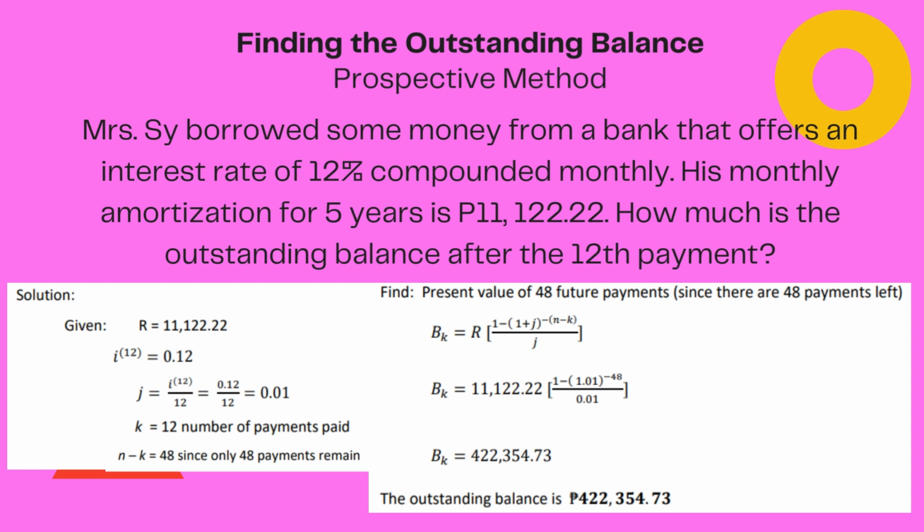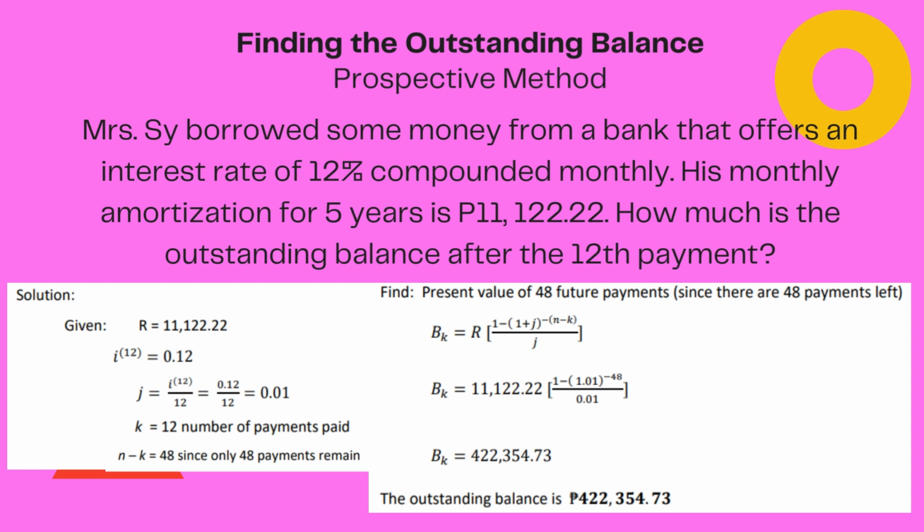Next is we have small letter j which represents the monthly. So kung si I, si 0.12 is the interest for 1 year, now we have to construct the monthly interest. Kung naatay 0.12 kada tuig, so pila man ang interest kada bulan. So that is why we have there small letter j which is I there, which is the interest, over 12. Nganong 12? Because we have 12 months in 1 year. So, 12 over 12, which is 12 months for 1 year,